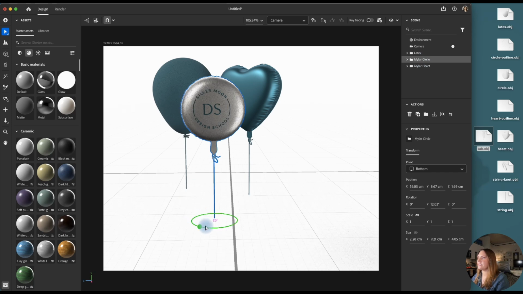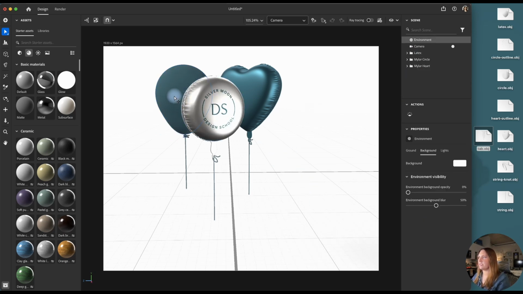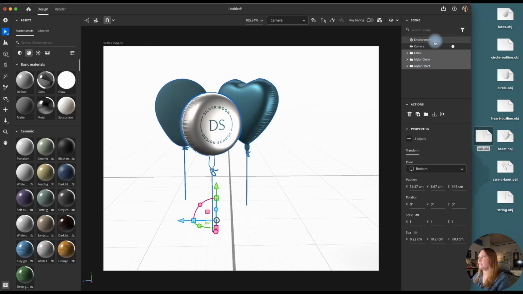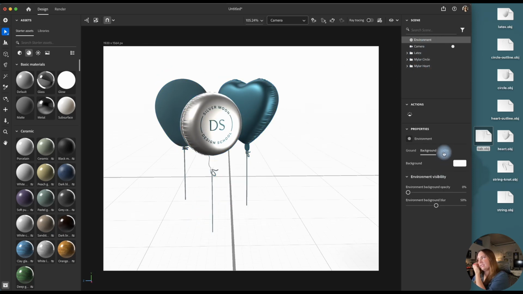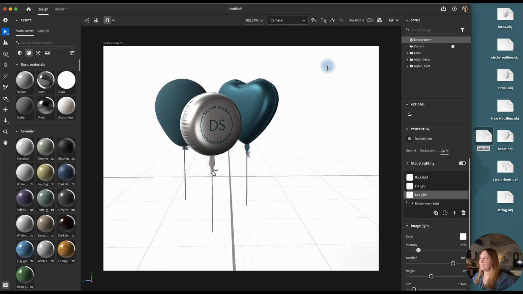The Mylar circle, same thing. I want to showcase the edging there. And then let me bring the scale down to like 0.9 for the latex balloon, because I always feel like those are a little bit smaller. All right, and now I've got all three. And then if I go over to environment and adjust the lights a little bit, I have a feeling that the intensity is going to just be a little bit much when we go to render because of everything being so reflective. And then yeah, once I have all of my lighting the way that I want it,